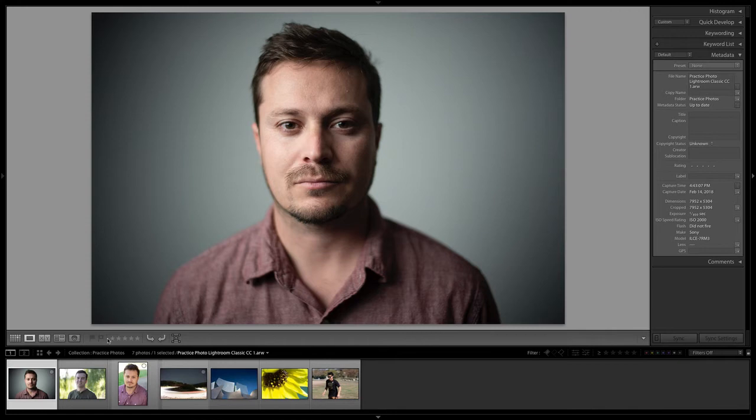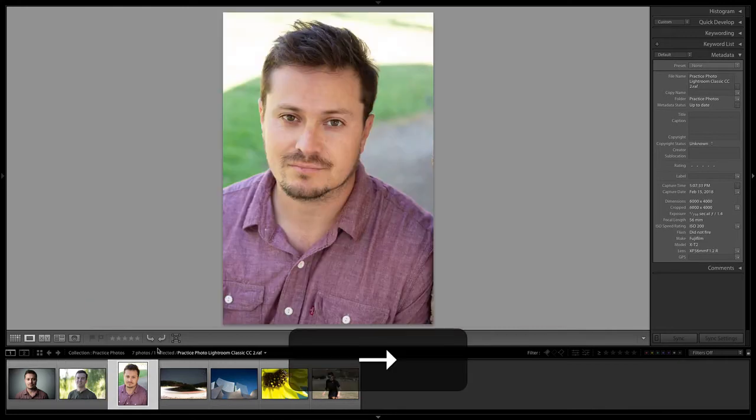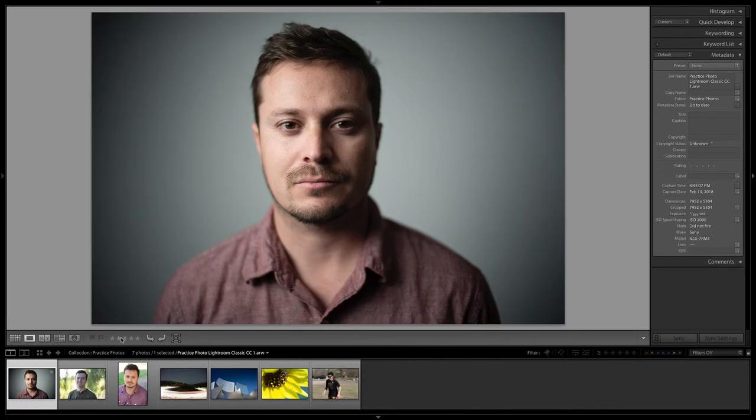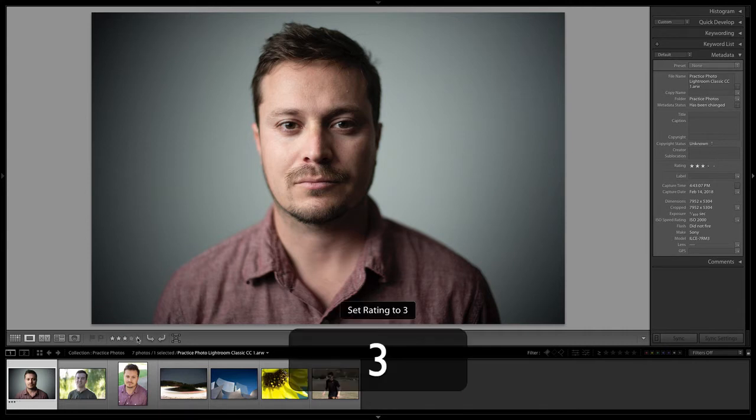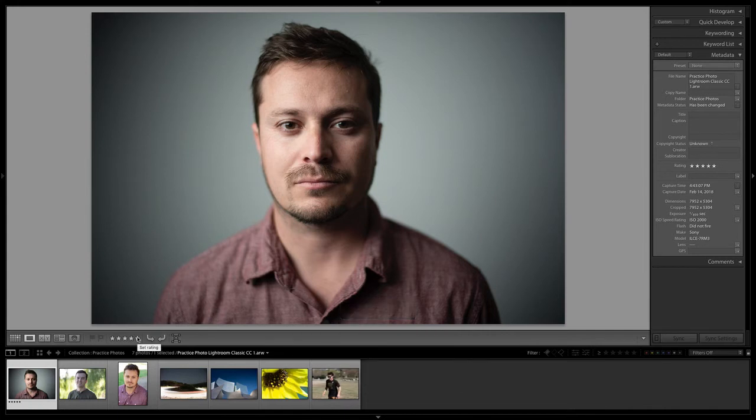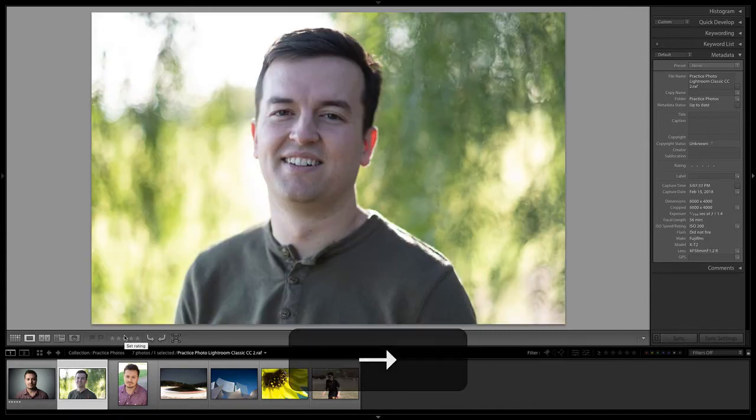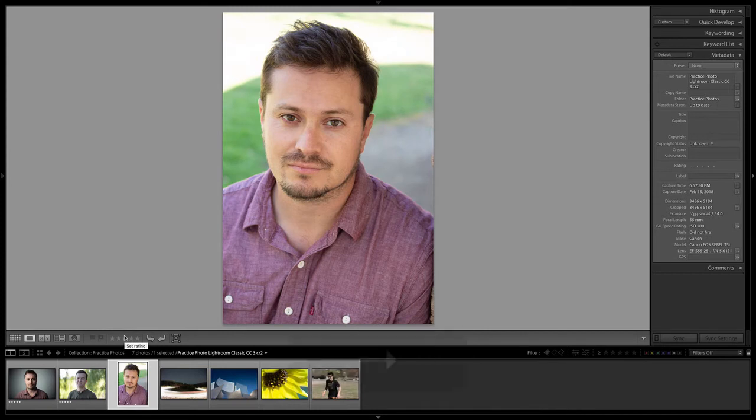I use the star rating system. To add a star rating to a photo, all you have to do is go to that photo and click one of these star ratings right here. Or you can use the keyboard shortcut, which is the number 1, 2, 3, 4, or 5 on your keyboard. And that's a great shortcut. So I can literally go through just with my hands on the keyboard, press the right arrow button to go to the next photo, say, yep, I like that photo, go to the next one,